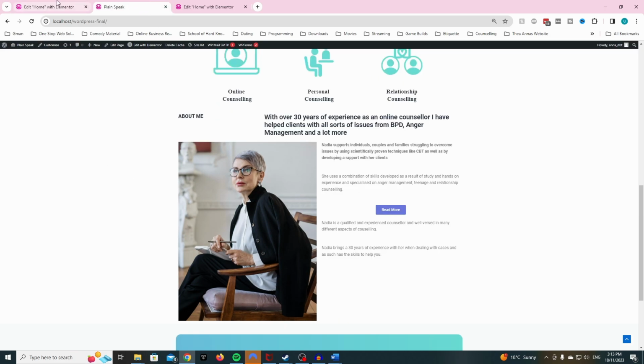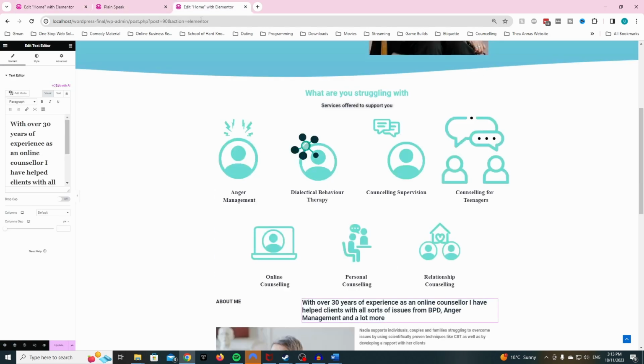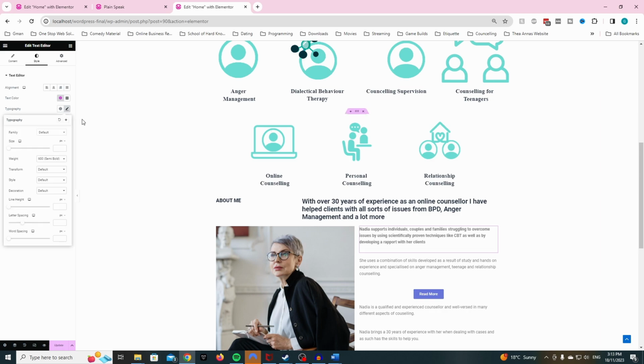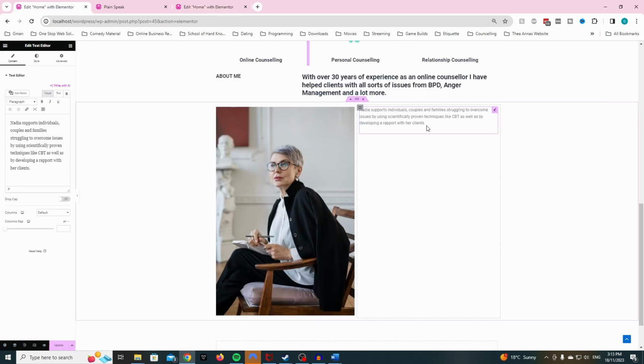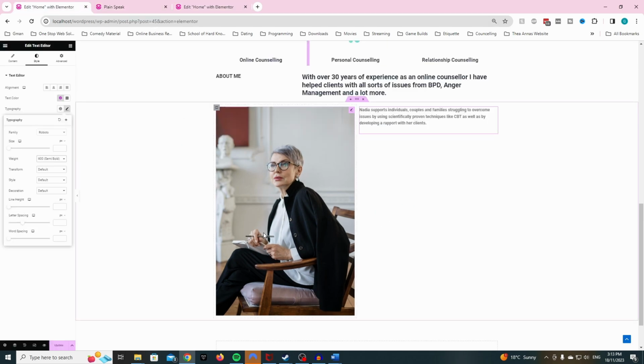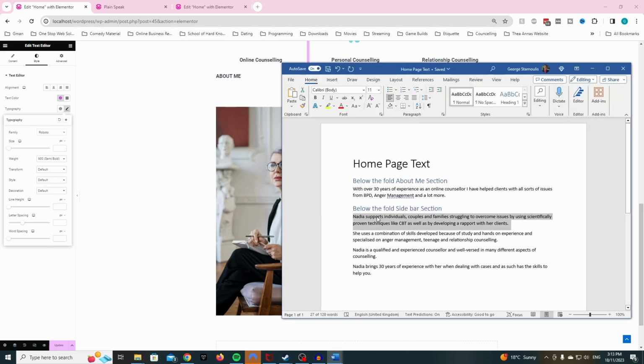The only thing is that I'm pretty sure that this text is bold. Hang on, let's have a look at the weight. Okay, so yeah, it's semi-bold. So we're going to click on Style, click on Typography, and change the weight to semi-bold. And now you'll see we've got that look, but the rest of the text will be normal. So I'm going to click on the next paragraph, copy this,